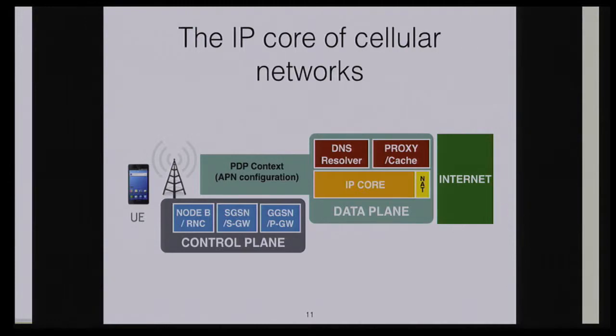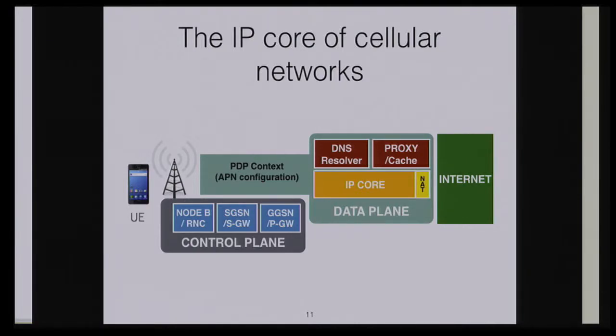And for those of you who are not familiar with cellular networks, I will start by describing a bit the classic or theoretical deployment of a cellular network. A mobile network is divided into planes. First, we have the control plane, which is responsible for spectrum management and mobility management. And then we have a data plane, where we actually send the user's data. In the data plane, we have the middleboxes, such as the DNS resolvers or other elements such as the NATs.